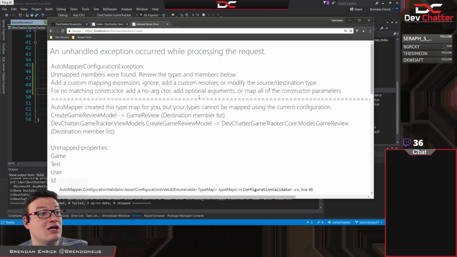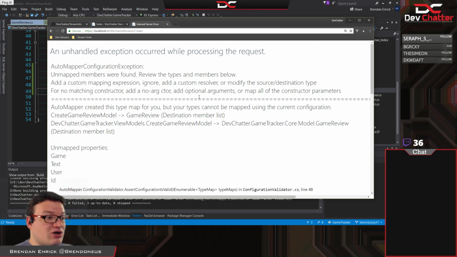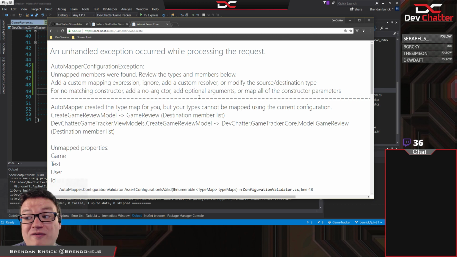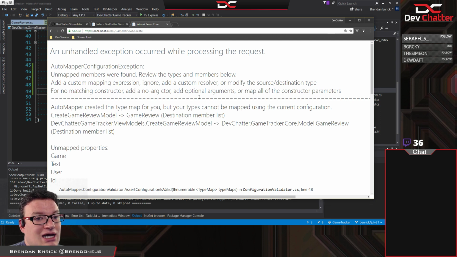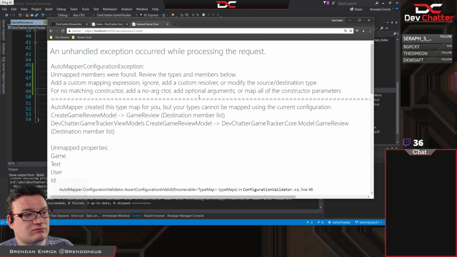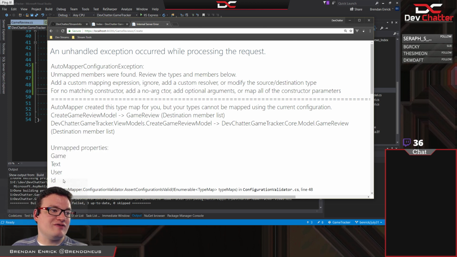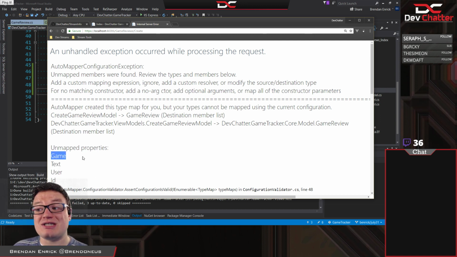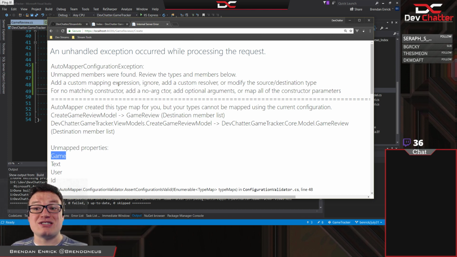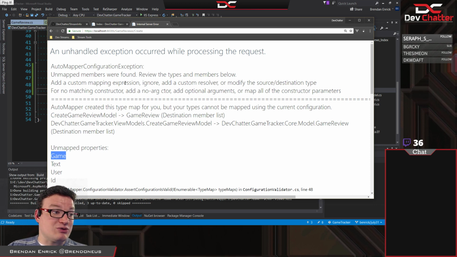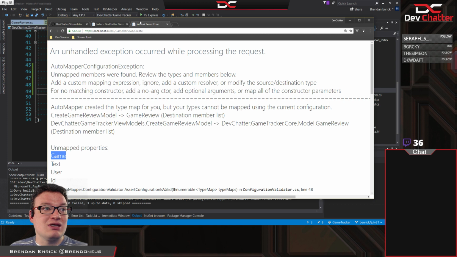Okay, so here we go. When we do this, this should be the error we expected, but actually it looks like it's going to be our automap that's going to fail first. Then the next thing that was going to fail is our attempt to get the user. So we'll need to add this one in, because we have a handful of unmapped properties, specifically these ones that it couldn't figure out how to get. And we do need to specify some of these because it's not going to be able to wire up the game without some assistance from us, because we brought that out of the database. So this is a restriction we're going to actually have to take care of on our own,